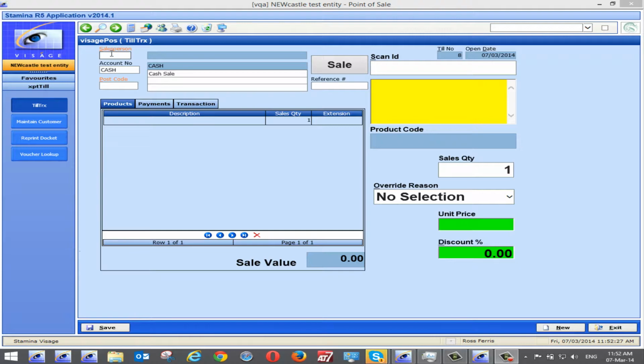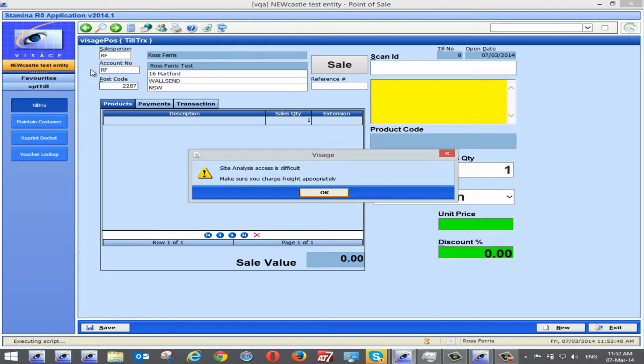Now let's look at the same sort of scenario, but rather than selling to Mr. Cash, walking off the street customer, let's sell to one of our good account customers. And I emphasise the word good. And I'll show you this two ways, so to speak. If I have a good customer, such as myself,